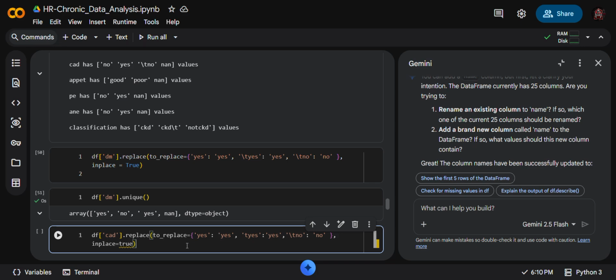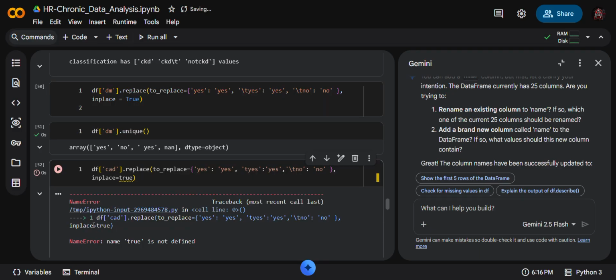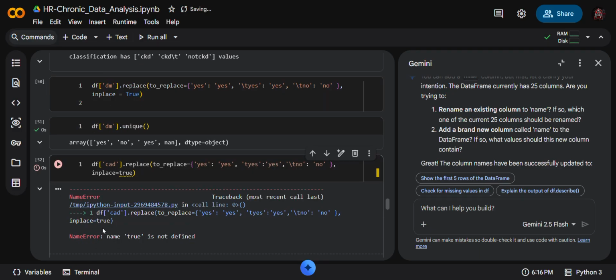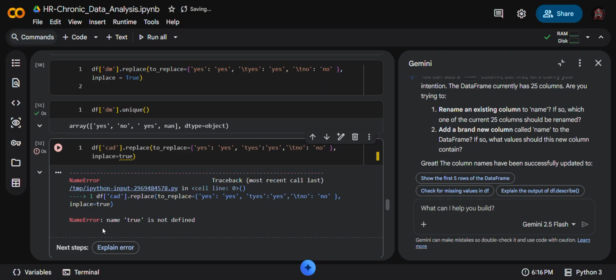But here we are using something wrong. We are putting this command here and running it. It gives an error. However, the whole command is right, but the name true is not defined.